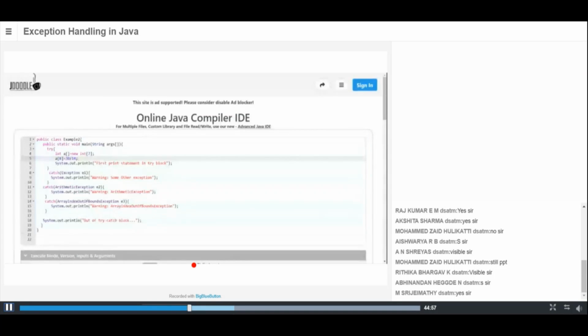See, since I have mentioned it in the first catch itself, even though I have a statement to handle that, it directly comes to that one, and that's why it's showing fine. I'm going to